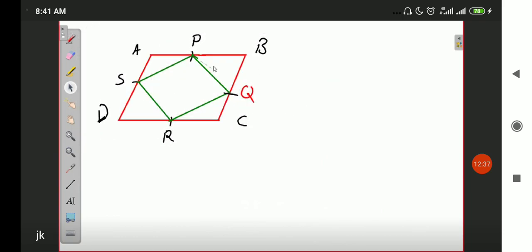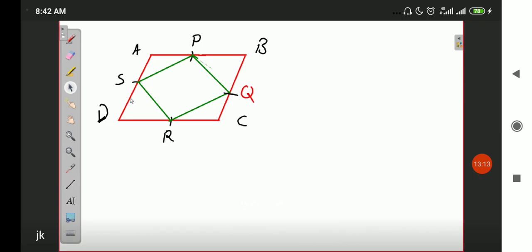Okay, now see, this is a rhombus, ABCD is a rhombus. Now we have already proved that PQRS is a parallelogram. We are clear about that. Next thing that we need to prove is that this PQRS is a rectangle as well. Now I have already told you, in order to prove any parallelogram a rectangle, you can do two things. Either you can prove that the diagonals of this parallelogram are equal, and that way it will be called a rectangle. Okay, that will be the first case scenario.